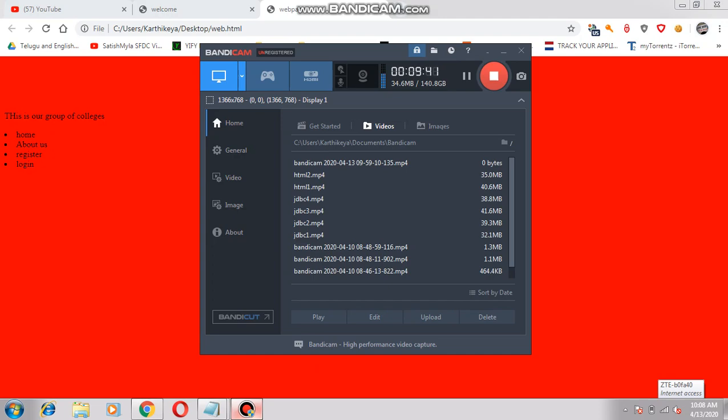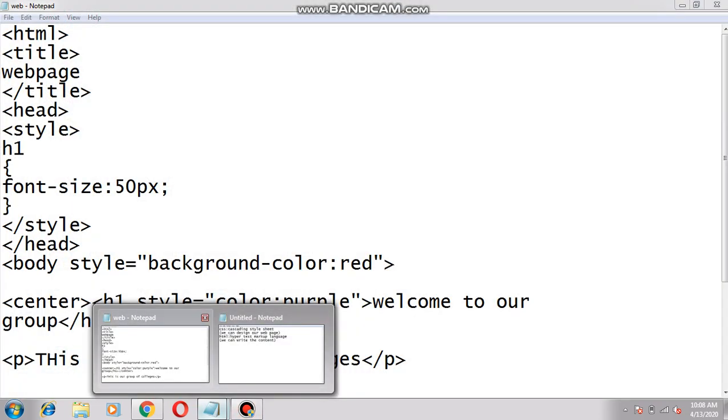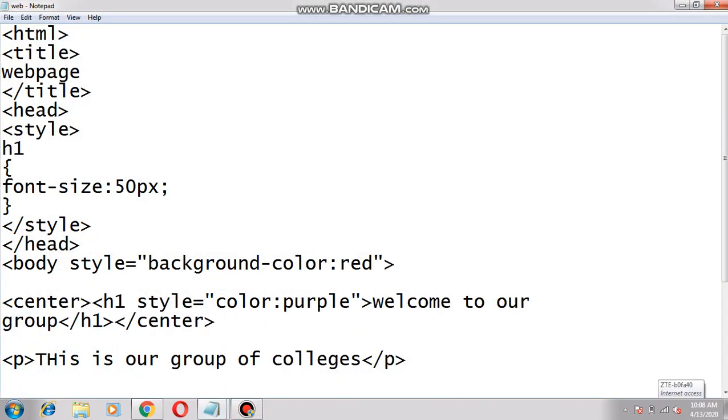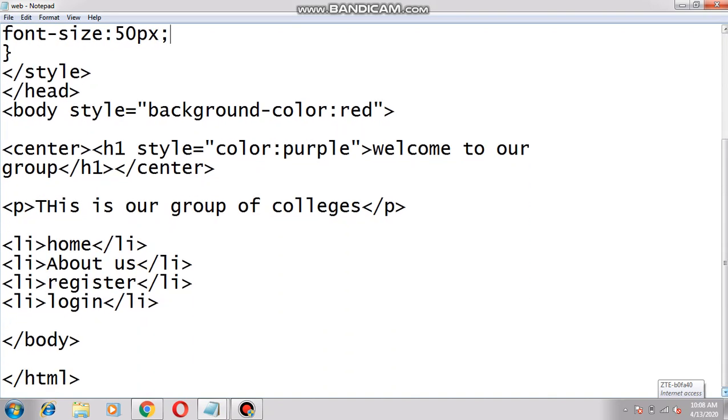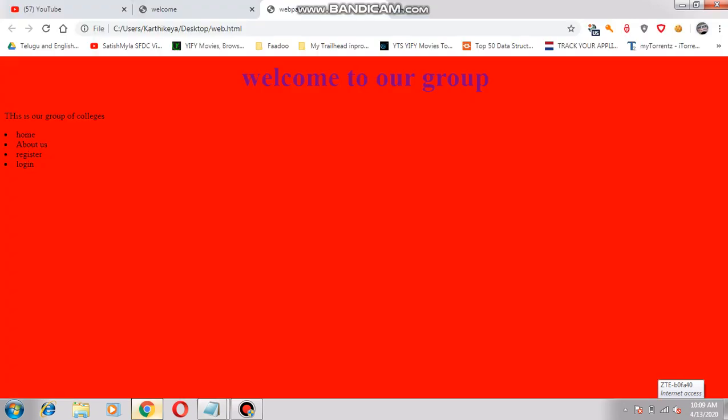If you want to increase your size like this, we definitely have to go for CSS properties. Now observe in your web page: home, about us, register, login, everything is printed one by one. But now if